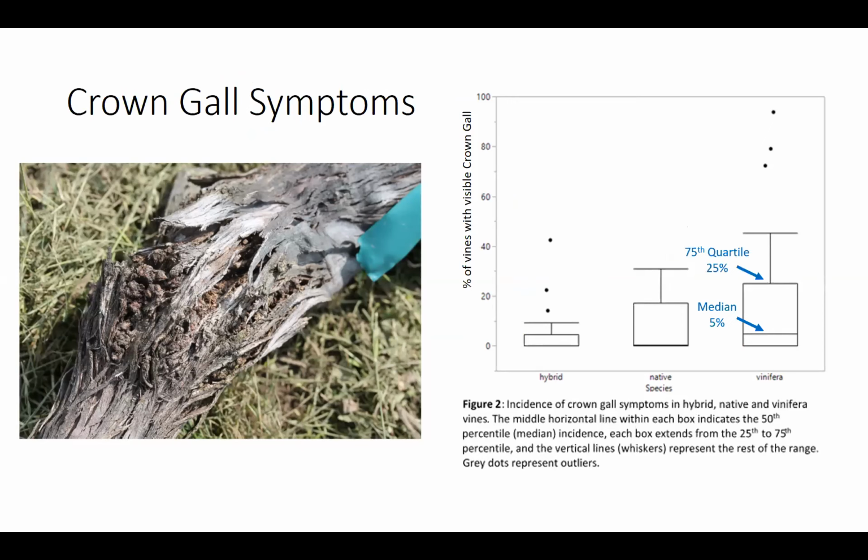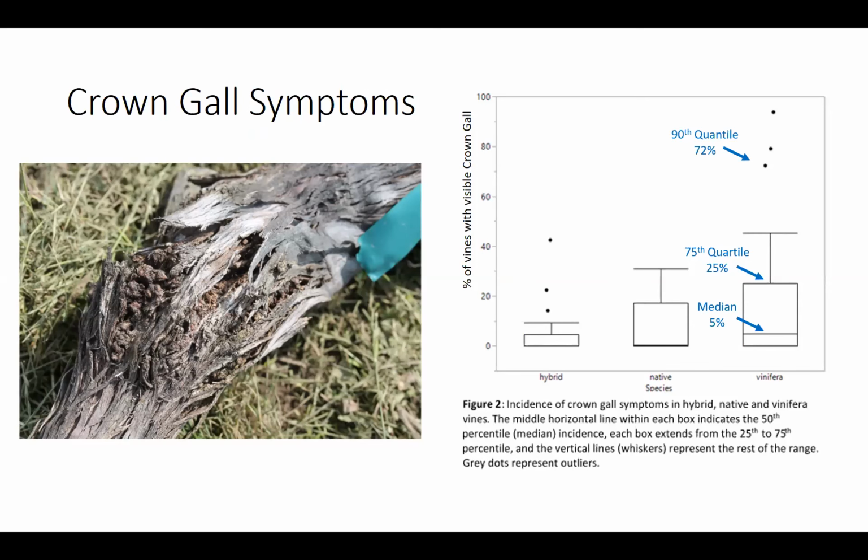If you go up another 25% of the population that we surveyed, that's between 5 and 25% of the vines with crown gall. If you go up to 90%, that's 72% of the vines with crown gall. So there's 3 vineyards that you could see up there that had over 70% of the vines with crown gall, and that might be related to inferior sites or kind of marginal areas climate-wise that might be more susceptible to